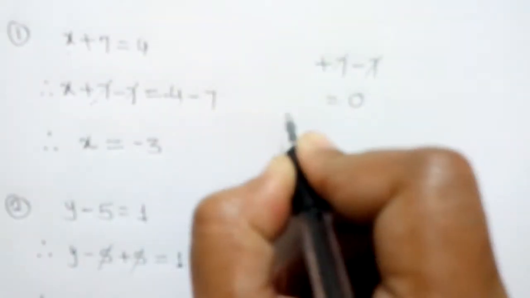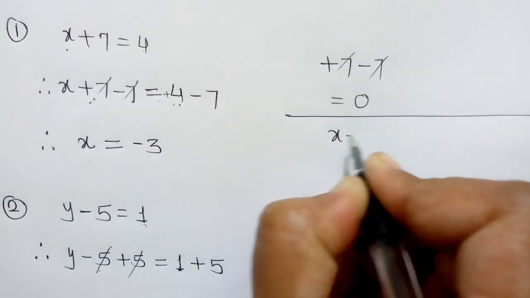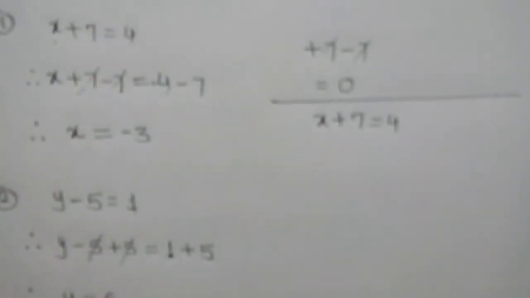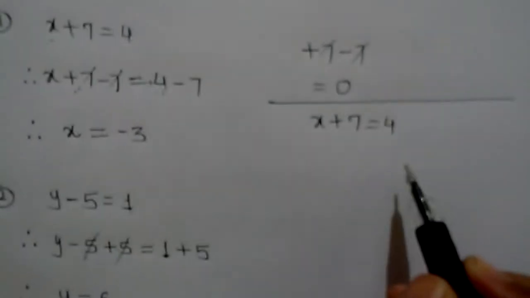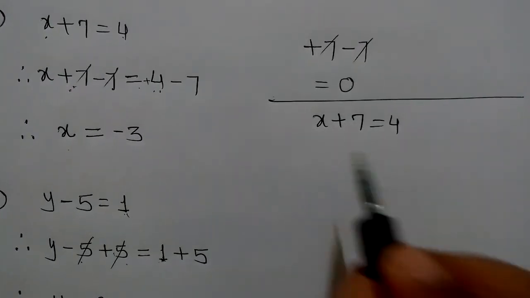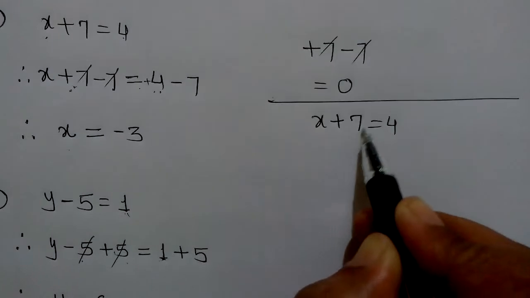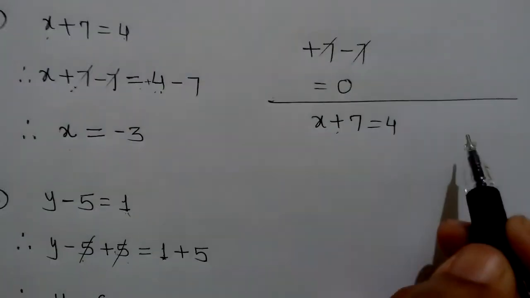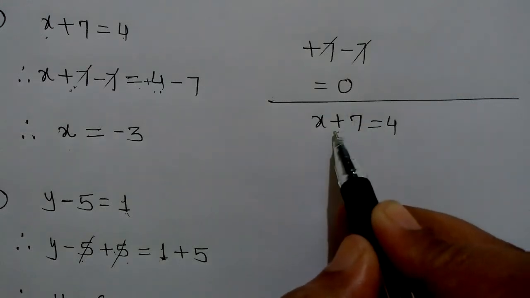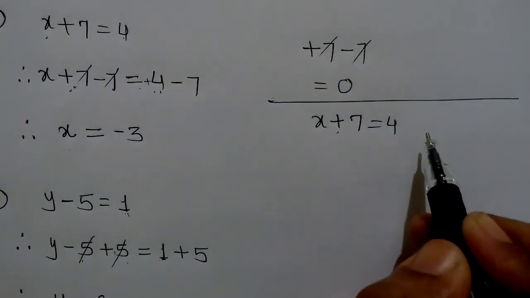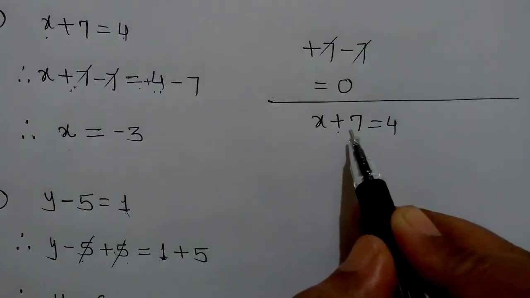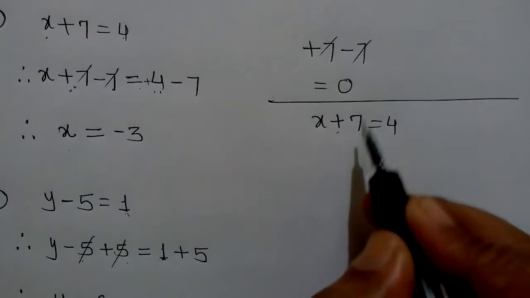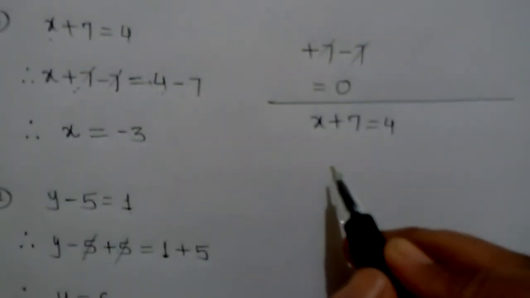Suppose here x plus 7 is equal to 4. We will solve this equation by the transposing method. Transposing means we have to change only the side of this number. So we will send this 7 to the right hand side. Now it is on the left hand side, we will send it to the right hand side. But it's not like that. Here plus 7 is there, and while sending this number to the right hand side, we have to change the sign of that number.